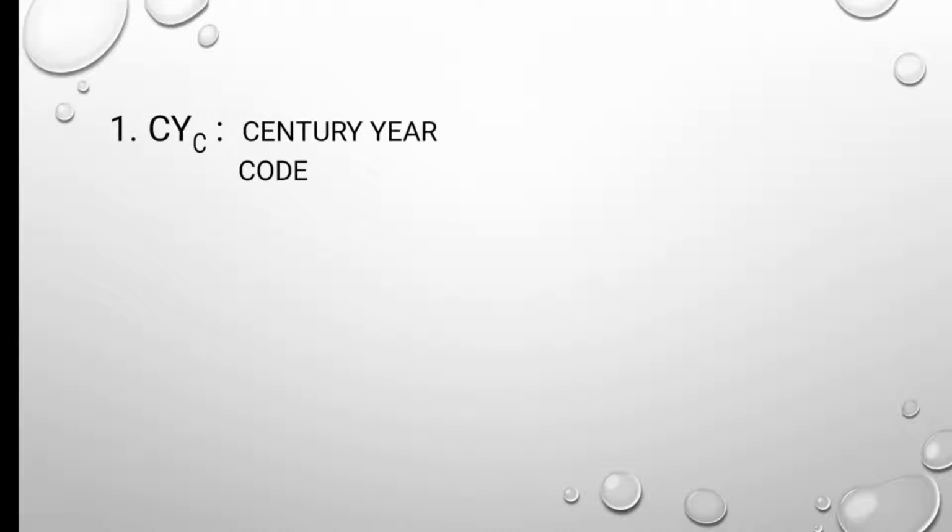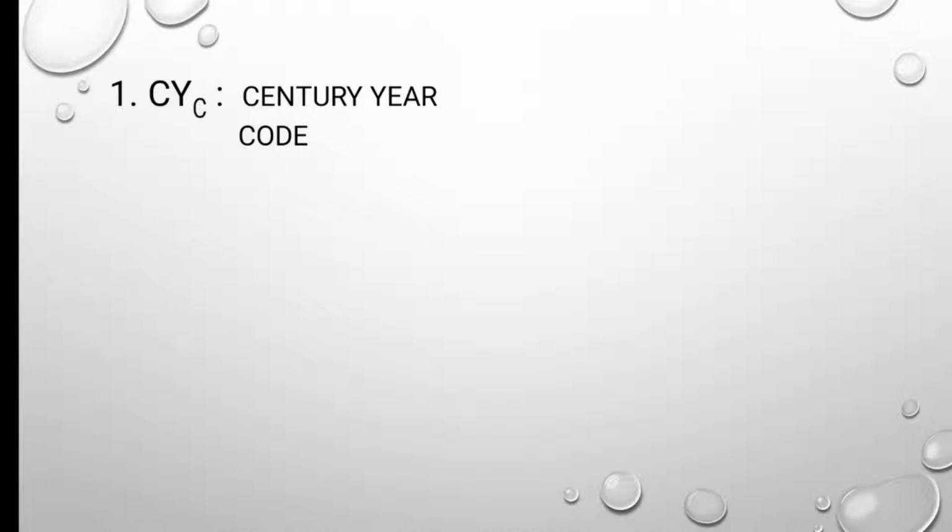Century year codes are something that you'll have to remember always, and it follows a pattern. This is the pattern for century year that you'll have to remember. Let's say, for example, we are talking about the century 1600. The code for that will be 6, for the next one will be 4, for 1800 it will be 2, for 1900 it will be 0. Now this same pattern will repeat in both directions.